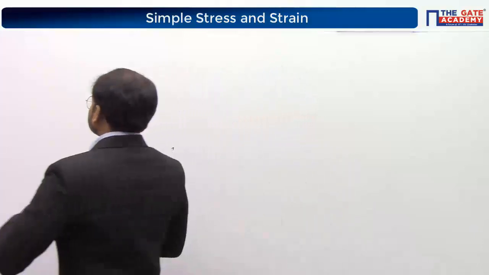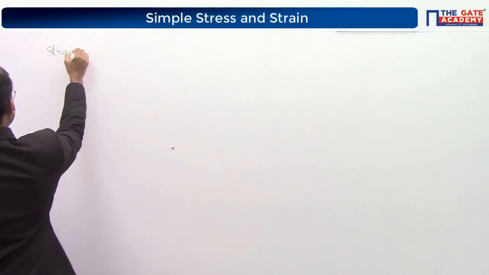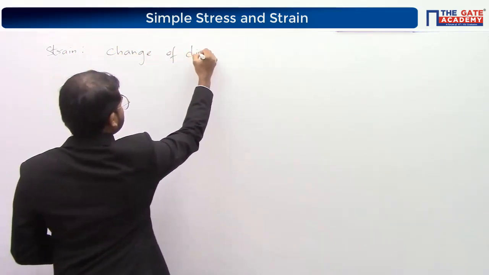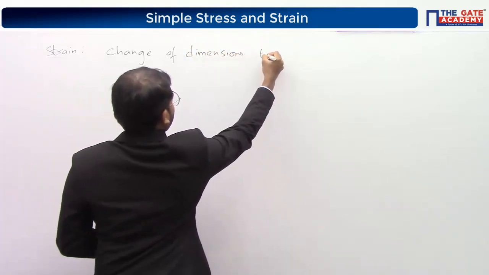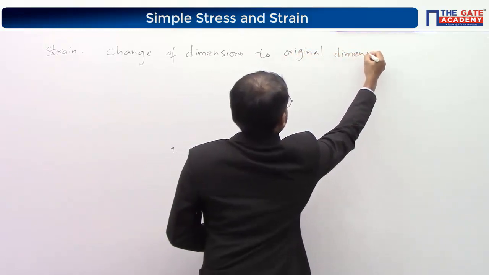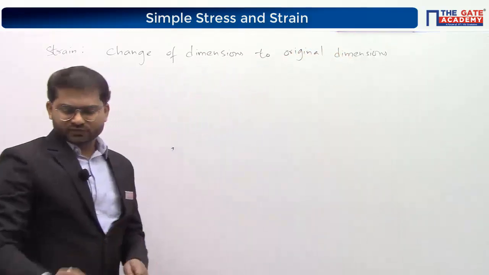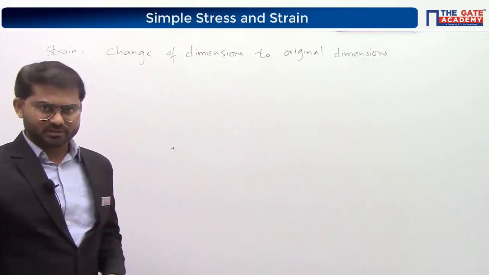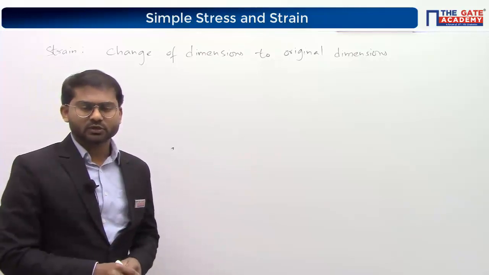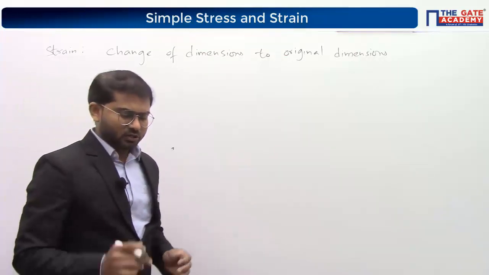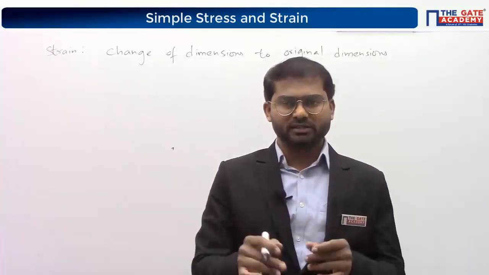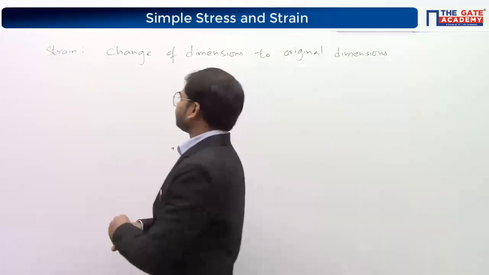Okay. So strain definition is very simple. Ratio of change of dimensions to original dimensions. So you just find out the change of dimensions and divide by original dimensions. Linear strain means change of linear dimensions. So it's the first type of strain. The next one is volumetric strain. In linear strain we are concerned about linear dimensions, and in volumetric strain we are concerned about volumetric changes. Okay, clear?